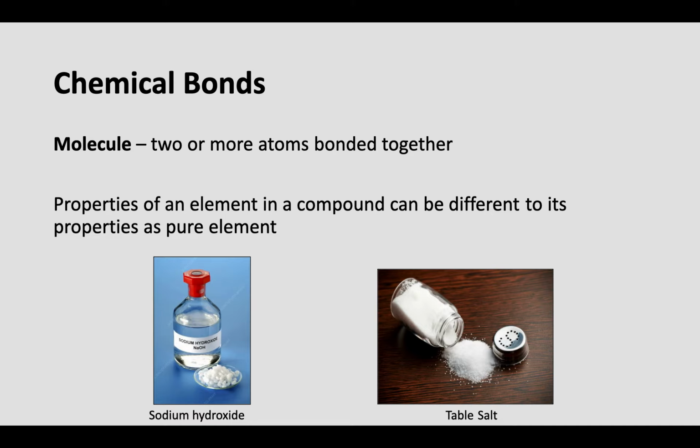The important thing to note about molecules is that the properties of a specific element in a molecule can change drastically with whatever else it's bonded with. All right, so sodium hydroxide, very, very caustic. That's very corrosive. I think it's corrosive, not caustic. Corrosive, I don't really want to touch it. It's not good. It's made out of sodium, hydrogen, and oxygen. But that same atom, sodium, is also part of table salt. Totally harmless. We need it in our bodies. We eat it all the time. Sodium and chlorine. So depending on what it's bonded with, it can totally change how it acts.